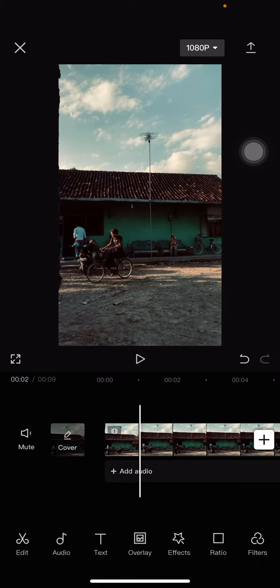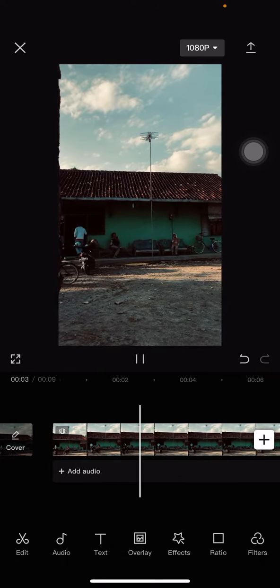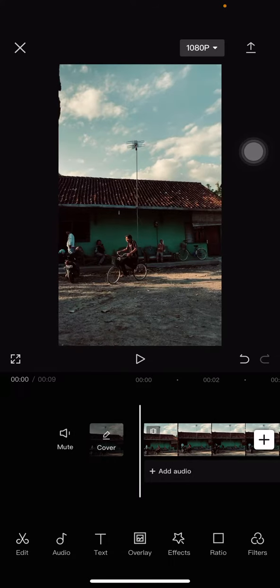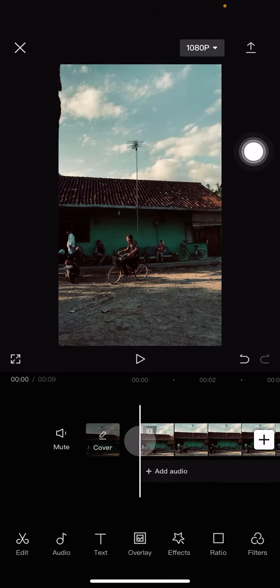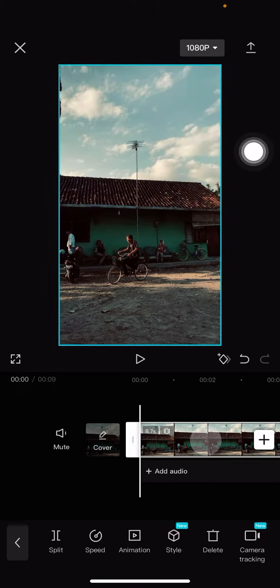So I already have the video in my project. I already have the clip. So how do we add the fade effect? The first thing we're gonna do is just click the clip until it is in active mode, and then if we